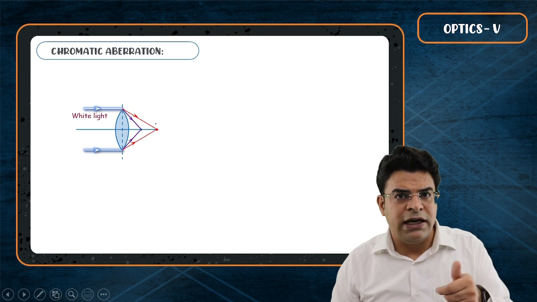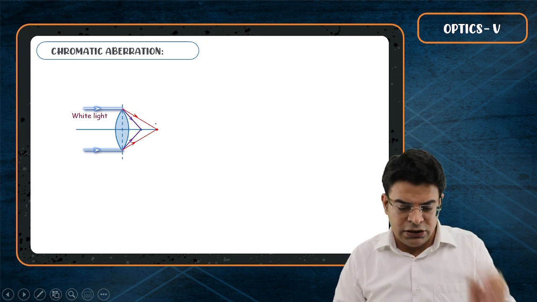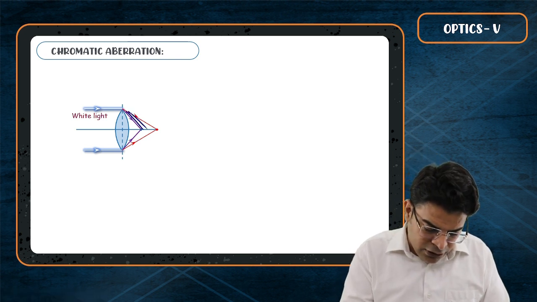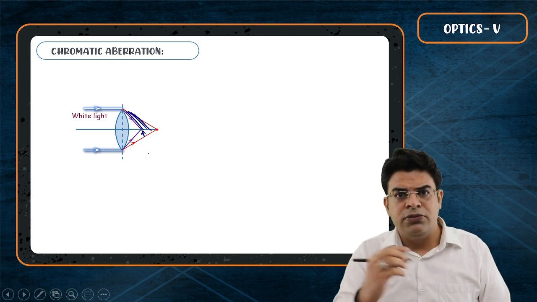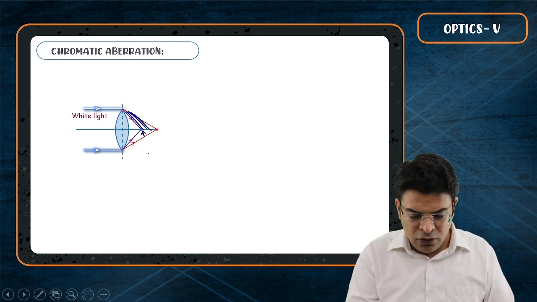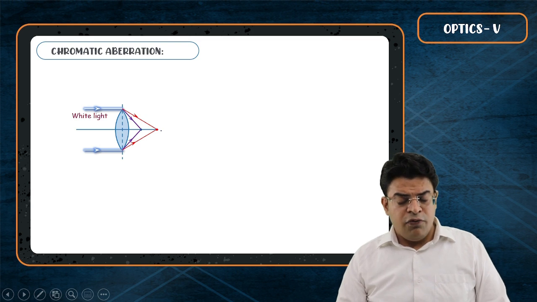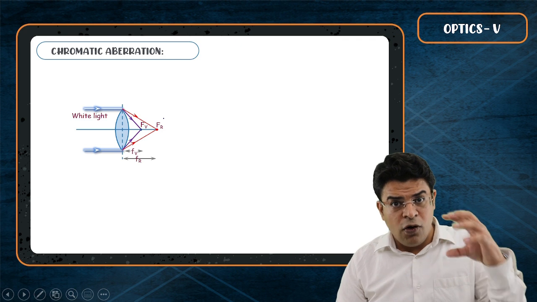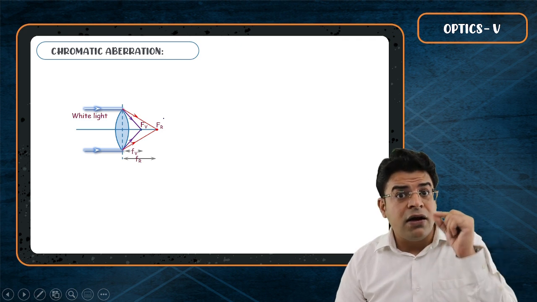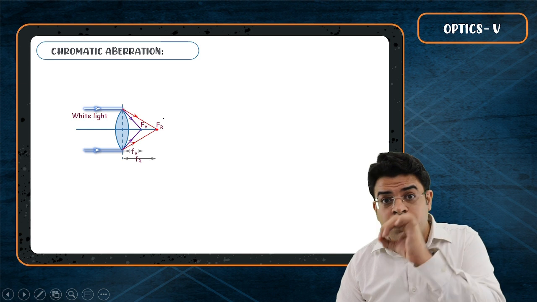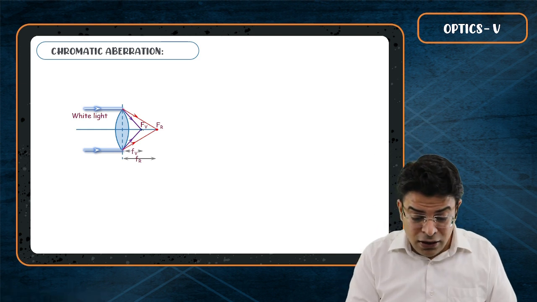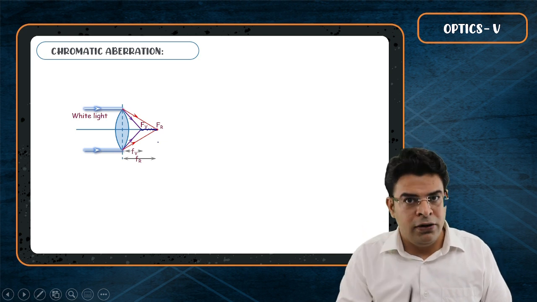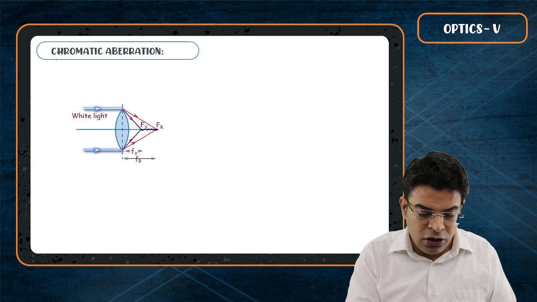Here to make you understand, I have taken only the two extreme colors, the red and the violet. No doubt there is the whole spectrum VIBGYOR here. So there is indigo, there is green, there is blue, there is everything on this line. Now we can see that different colors have got different focal length. If white light falls on this lens, different color of light gets converged at different points, giving us a colorful image rather than white image. So the image is said to be blurred, and this type of aberration is called chromatic aberration.